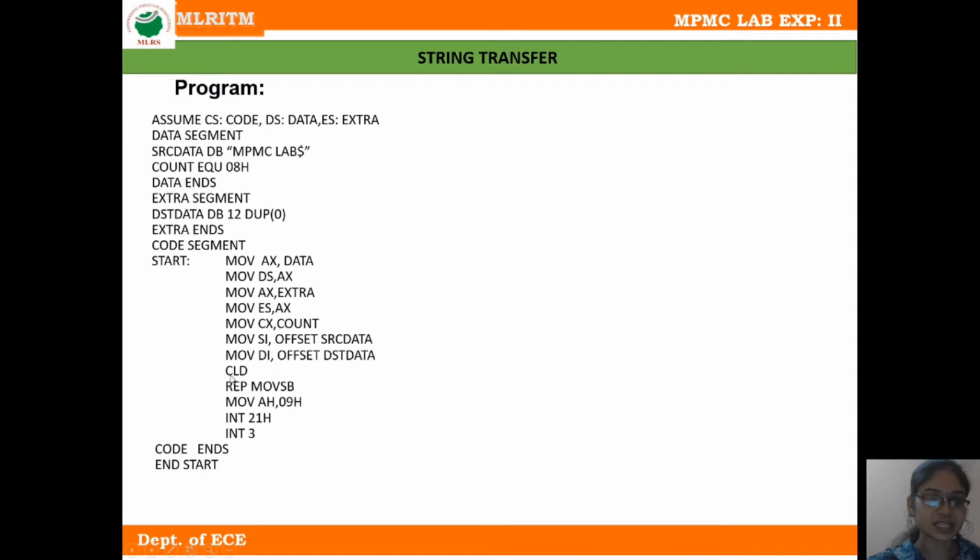The next instruction is CLD. Through this instruction, the direction flag is cleared and the string operates in auto-increment mode. The next instruction is REP MOVSB. Through this instruction, the single byte string is moved until the count value is 0.